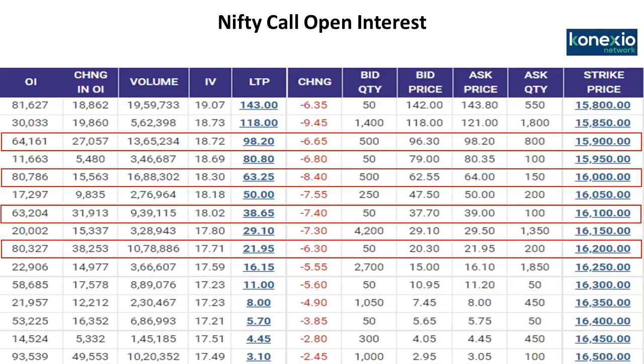So let us first discuss Nifty options, in Nifty calls. In Nifty calls, the action was seen in 15,900 calls, then 16,000 calls, then 16,100 calls, and 16,200 calls. Now here you can see there has been a rise in the open interest. The volume is also rising, but there is a minor drop in what we call option premiums, which indicates